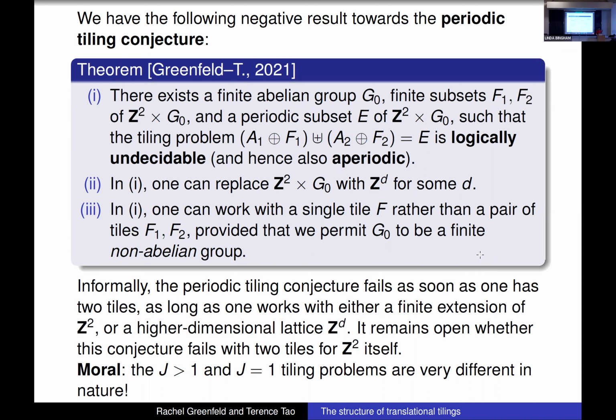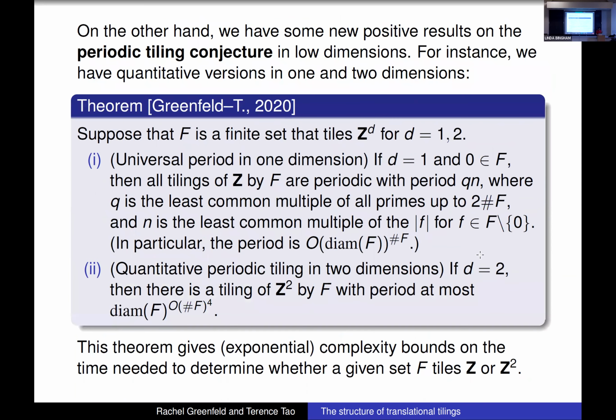Okay, so in 2 or more tiles, things are really bad. But when there's 1 tile, things are pretty good. So we also have some positive results, but so far our positive results are mostly in low dimensions. So if you are tiling with 1 tile, say a lattice Z^d, in 1 dimension, it turns out the tilings